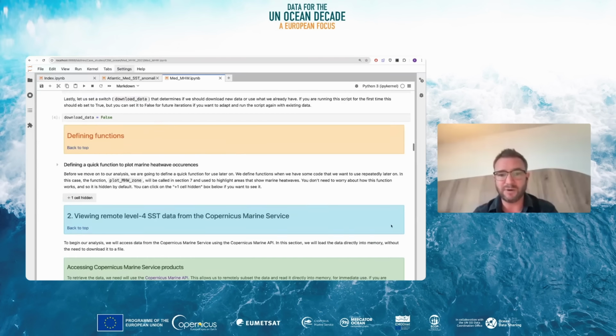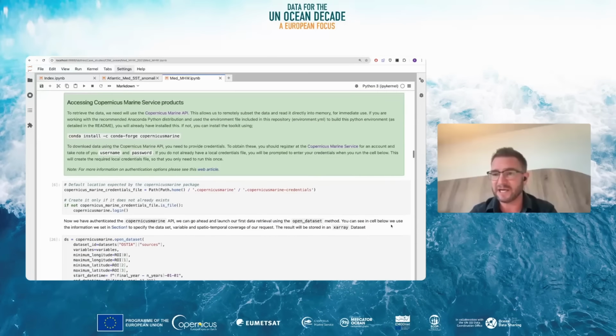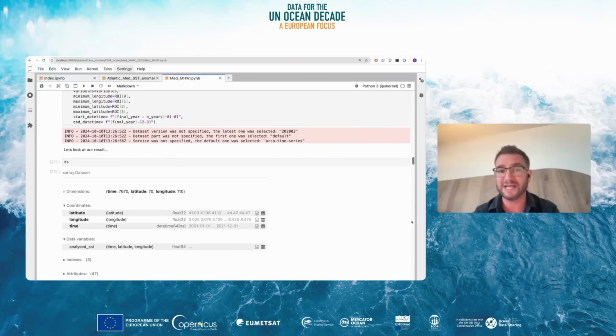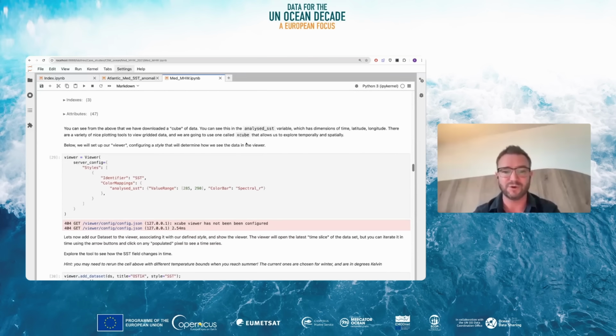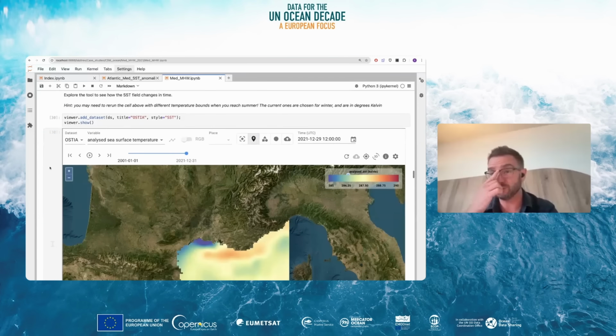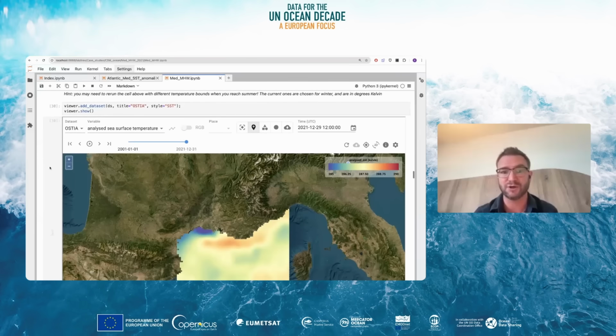So we're going to go away and interface with these data sets remotely. And the first way we're going to do that is I want to show you how to use the XCube viewer. And if you work through all these cells, it will show you how to do so. XCube is a fantastic tool. It allows you to directly connect to the Copernicus Marine Service data sets and then work with them on the fly graphically inside your own browser.